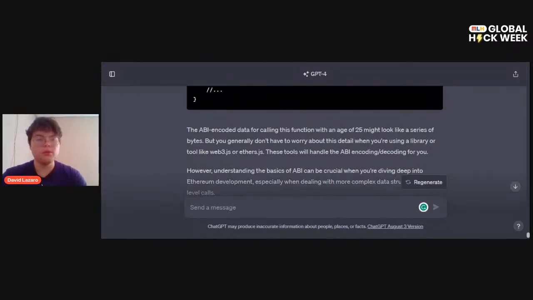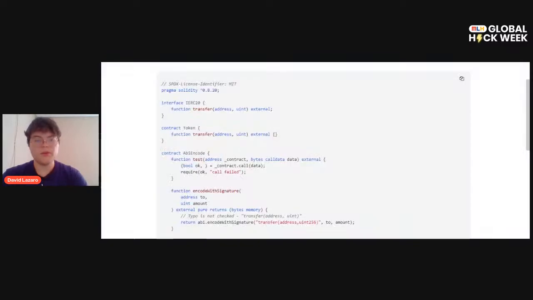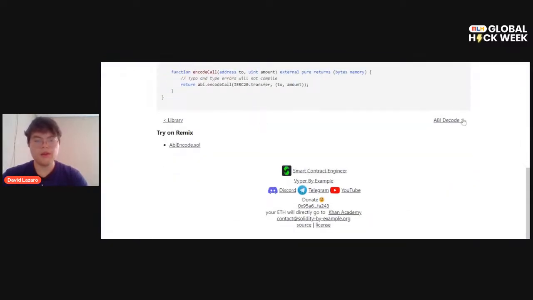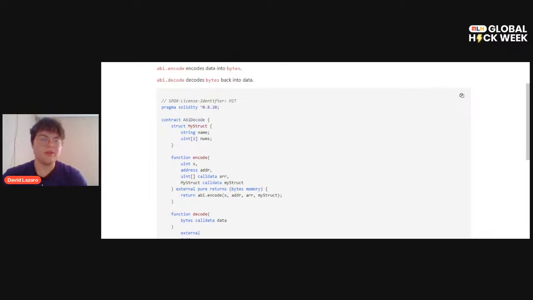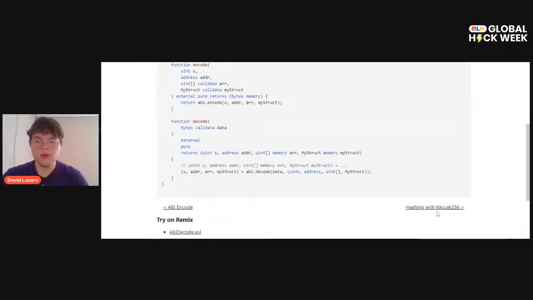Okay, so let's continue with this. We already saw abi.encode and abi.decode, which I think is the same thing: encode data into bytes and decode bytes back into data. Okay, cool. So hashing with